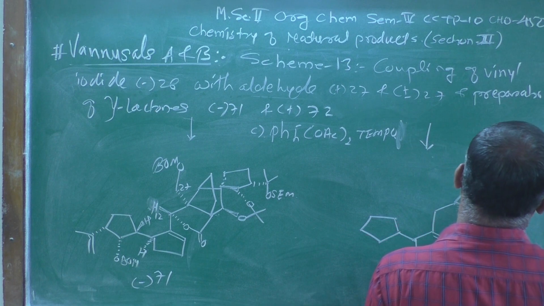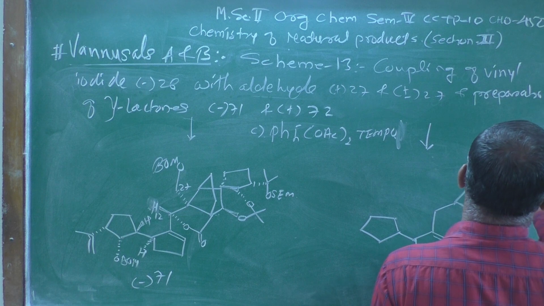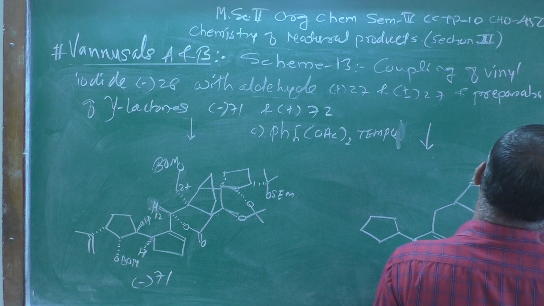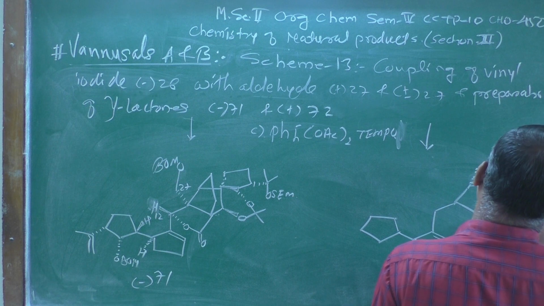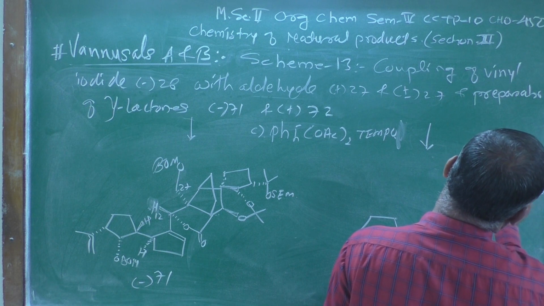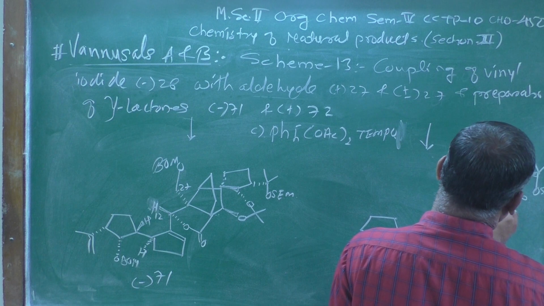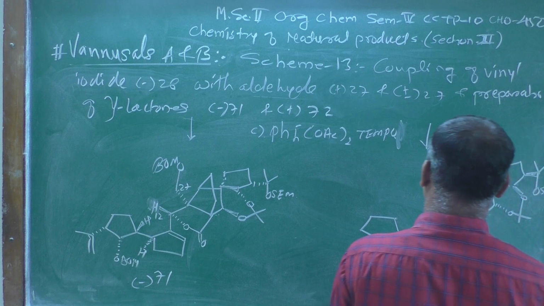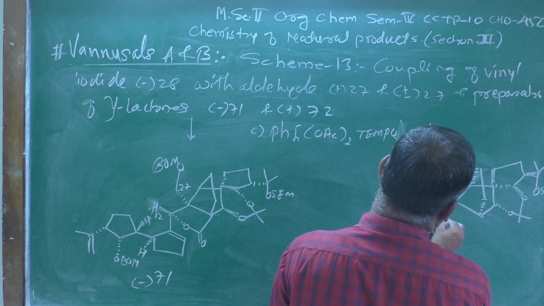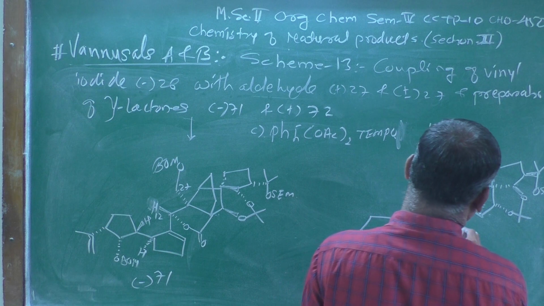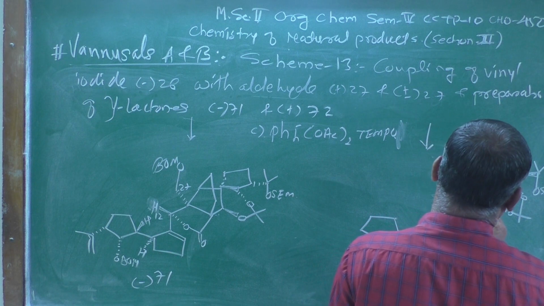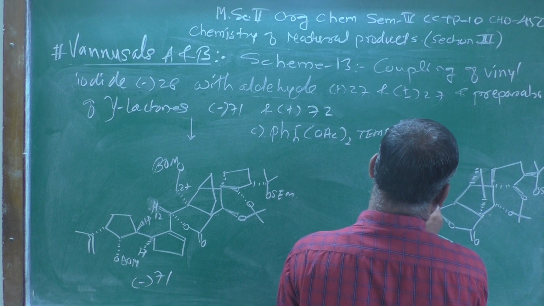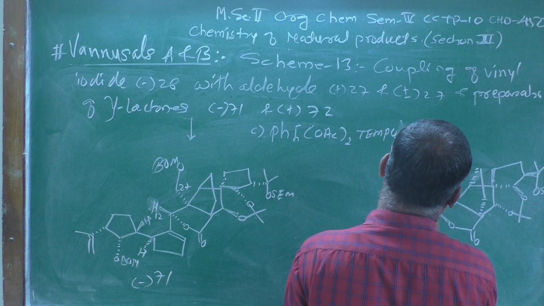This group which is above the plane should be below the plane, 5-membered ring. This one, the isopropyl group, O-SEM. Now, here the hydrogen atom should be above the plane, here the oxygen atom should go below the plane. Now, here the lactone should be like this, and here the hydrogen atom should be below the plane,